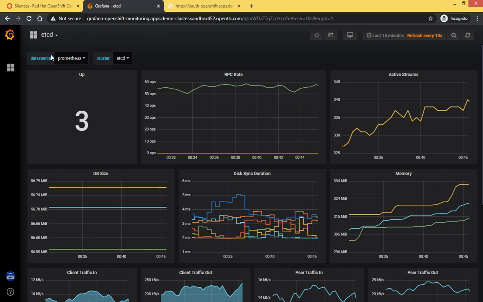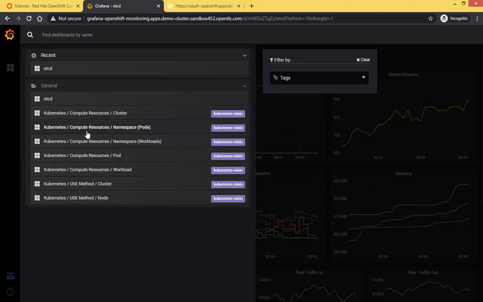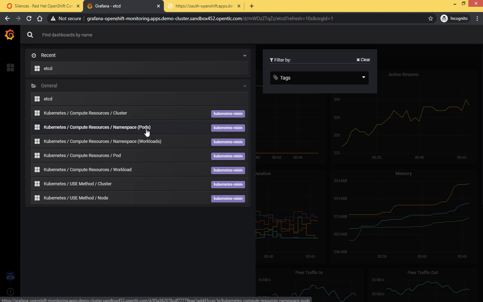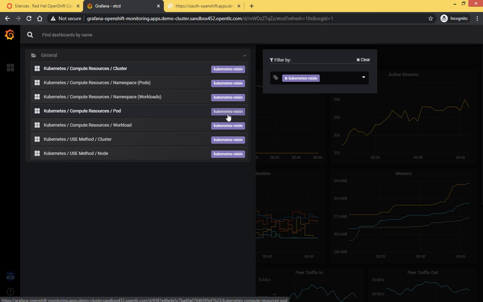Those are inbuilt. For others, let me check compute resources, namespace, pods and workloads, and USE method. Let me check on cluster, compute resources.